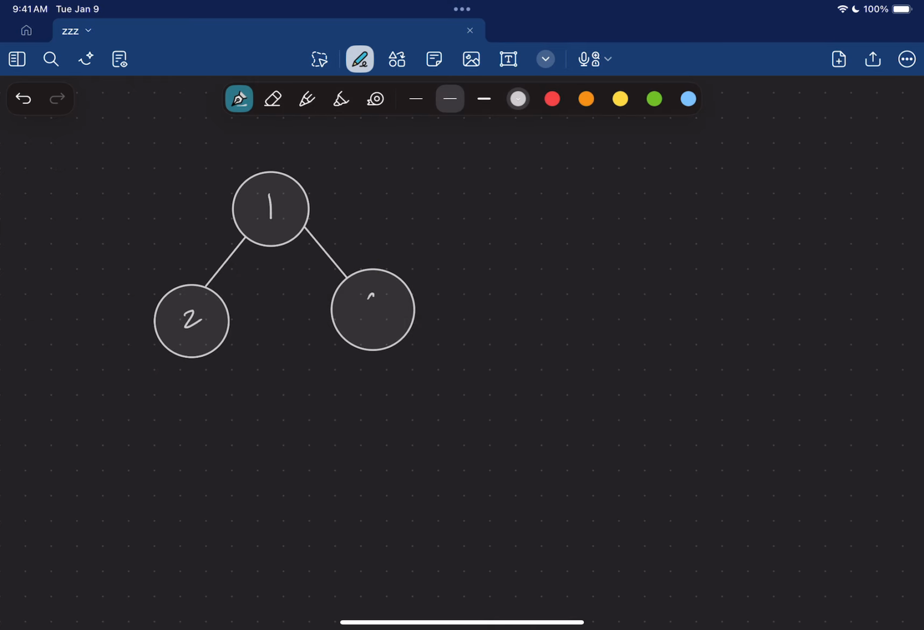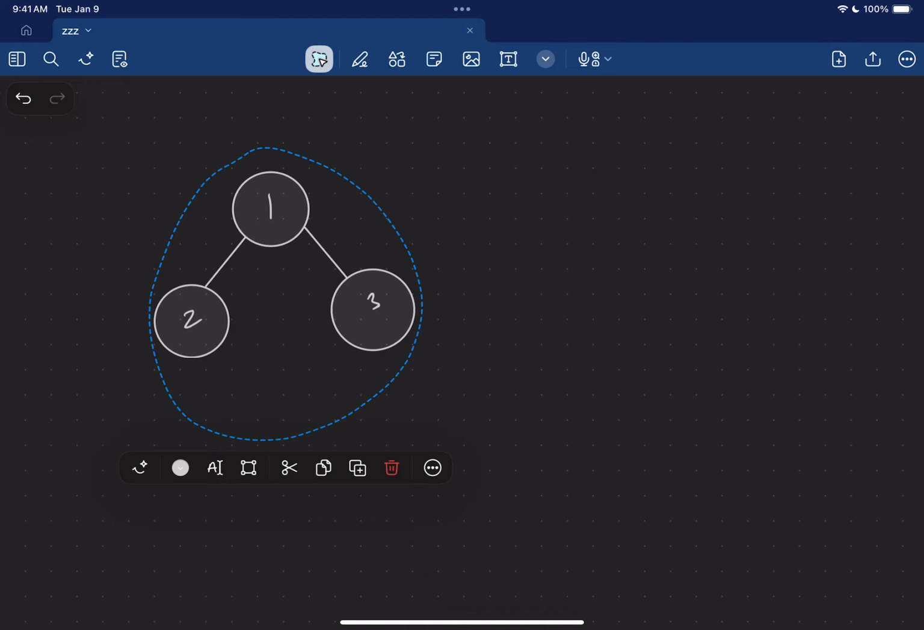Okay, and then we'll create an identical tree over here. So let me copy this